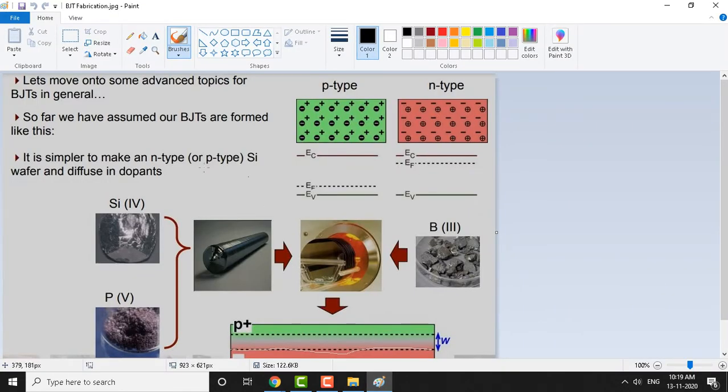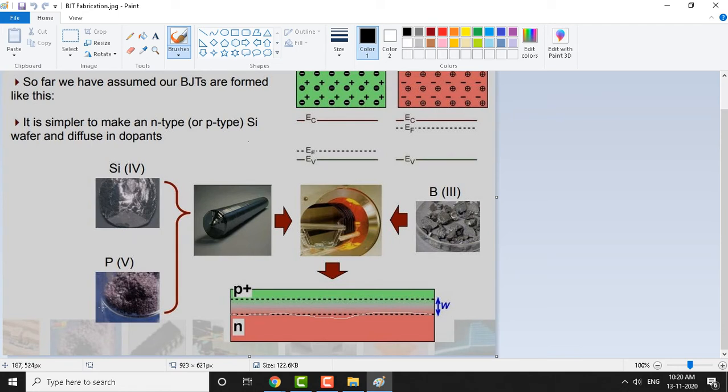Before I move to that, I want to show how exactly BJTs are fabricated. Fabrication is a very important step in the integrated circuit, BJT fabrication. We will see how to make the IC version of the BJT. So here we have silicon, and we may start with either N type material as a base material, or we can also start with P type as a base material. It all depends on what type of transistors you are fabricating.